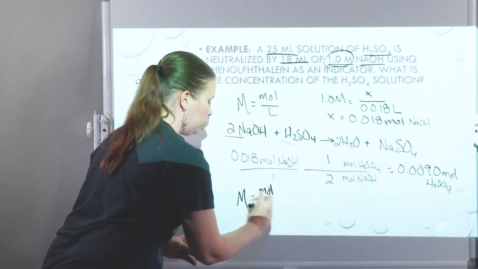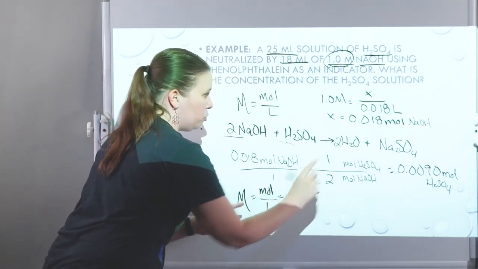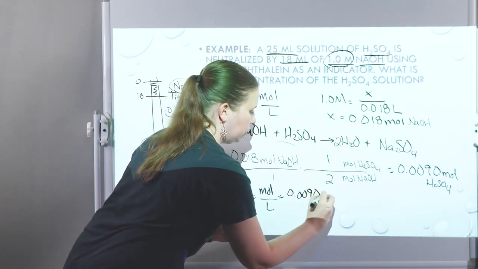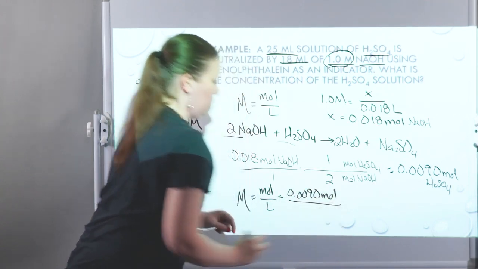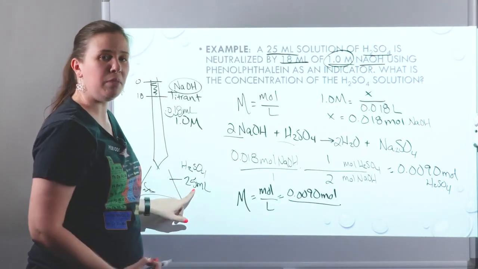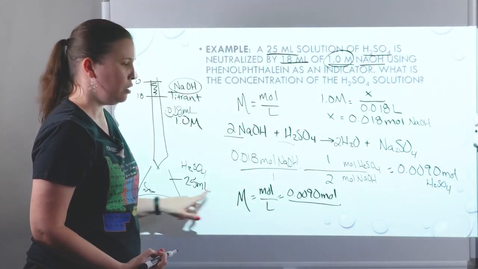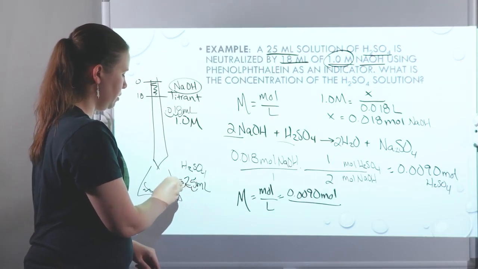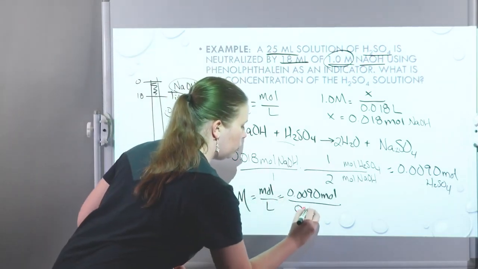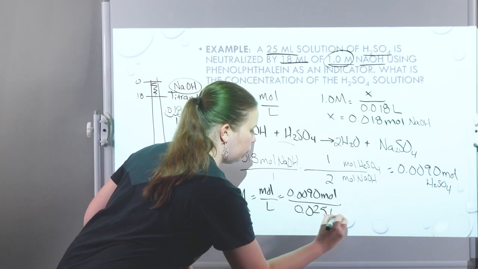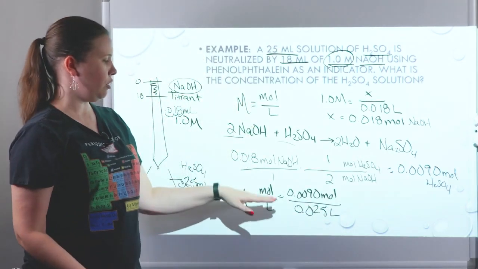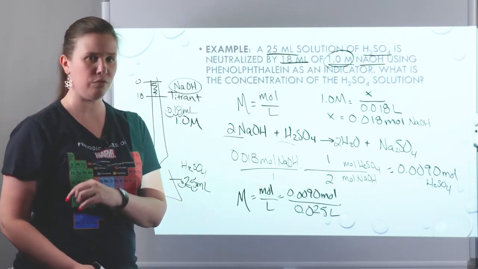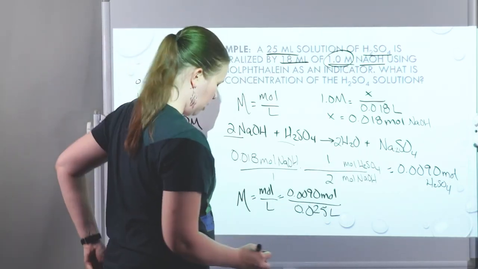Molarity is always moles per liter. Now the moles we did just solve for, 0.0090. But I was given 25 milliliters of the acid. Molarity has to be in liters, so we're moving back 3 places. So in liters, this would be 0.025 liters. So now if I take the 0.009 moles and divide it by the 0.025 liters, we get, actually